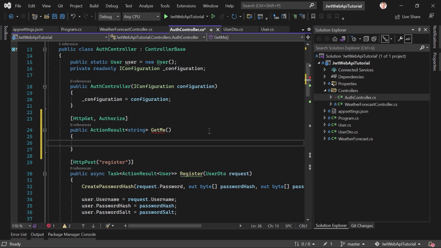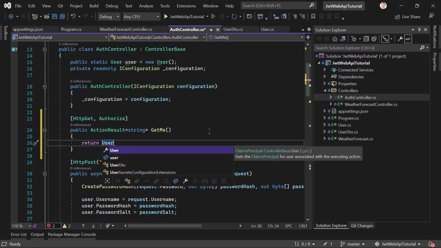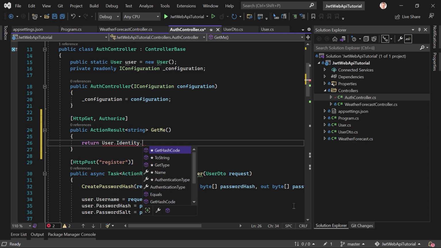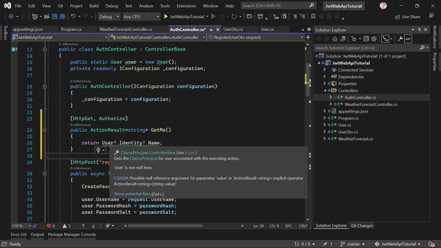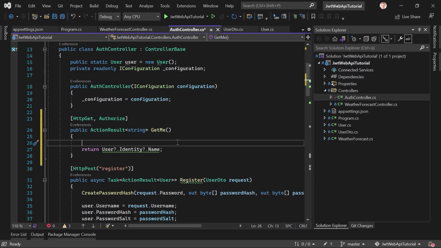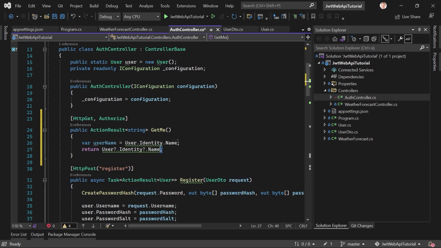And what we want to return is the username. For instance, get me is simply the username, and we can do that with return user. It's already there. And then identity, and then, for instance, simply the name. So this is a general way, and let's test that already, and we add the question marks here. Oh, of course we are returning an action result here, so let's change that a little bit. So first we say the username is user identity and name, and then we return